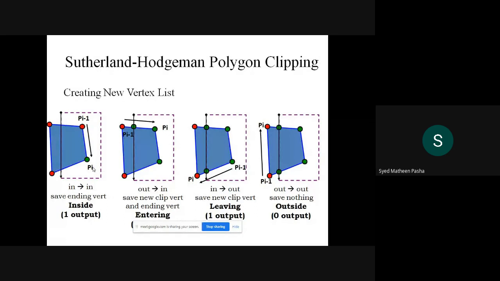You should check and create a new vertex list with respect to that particular object. Check out the first case. Whatever the case you have studied, it is just representing this particular case here. Pi minus 1 is at the ending vertices. So I can tell the first inside output as Pi minus 1 as well as I, where the point is being displayed towards the left here.